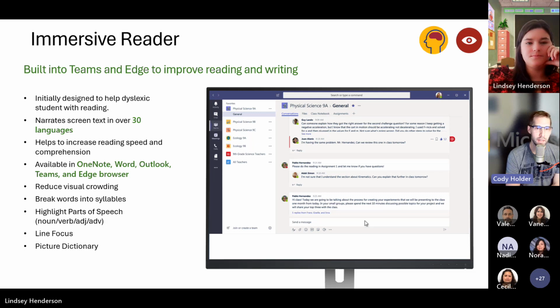We've created, I say we, the engineers, not me, created this with authenticity in mind, understanding that dialect is important. And so even if we were to show you Immersive Reader right now, there's 3 different dialects of Spanish you can pick, from Spain to Latin America to Central America. And Mexico Spanish is the Central American one. So it's a very, very in-depth tool. And it's powered by Azure and AI. So the more it's used, the more it's going to learn. It's a really, really awesome tool.